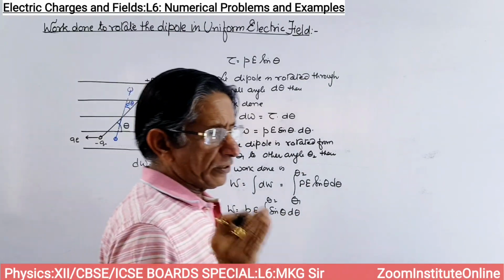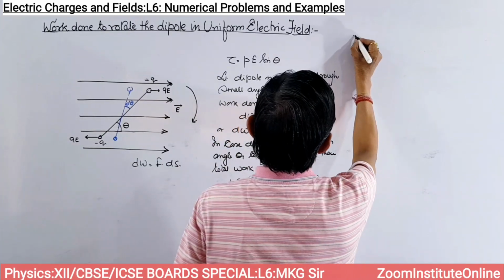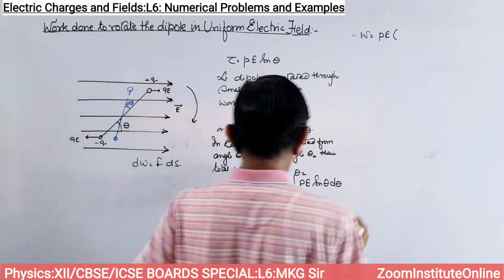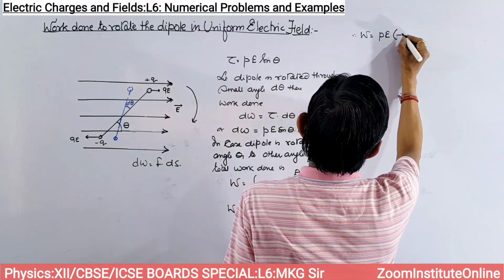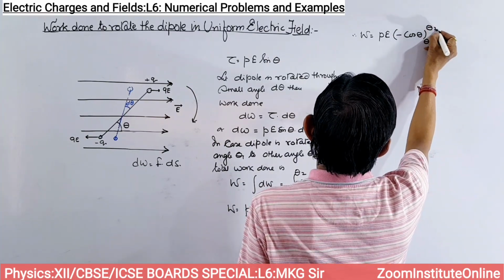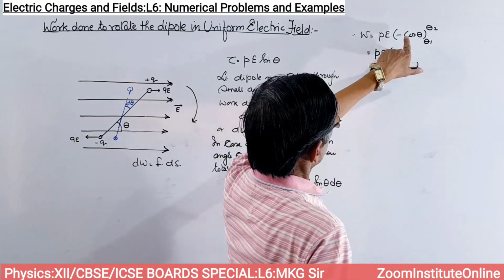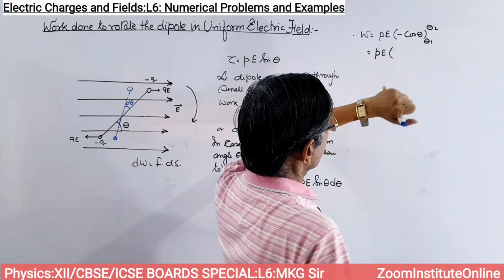Remember that integration of sin theta is what? Minus cos theta. So therefore W is equal to PE, integration of sin theta is minus cos theta. So children, minus cos theta, what limits will you apply? W is equal to PE. Children, if we want to remove the minus sign from here,